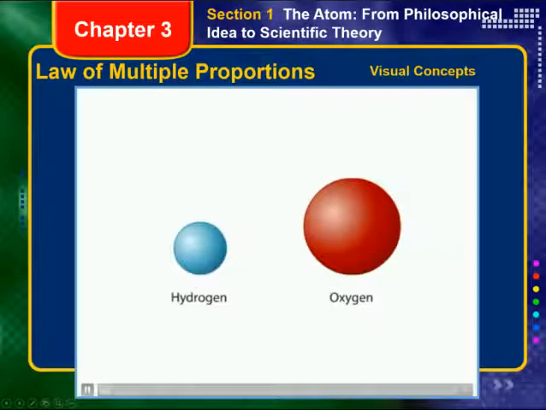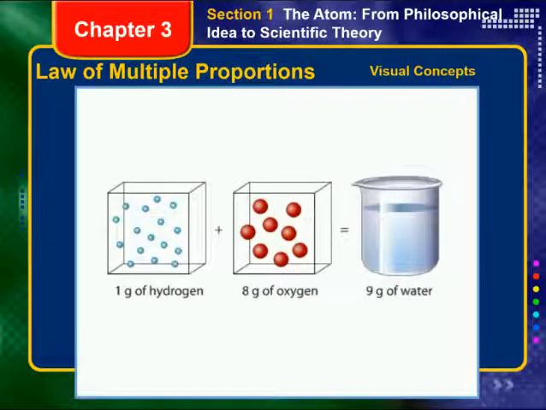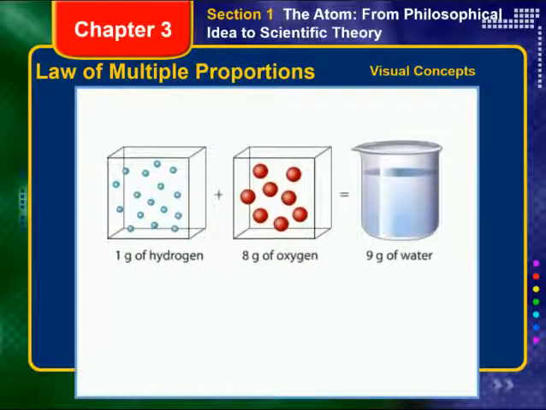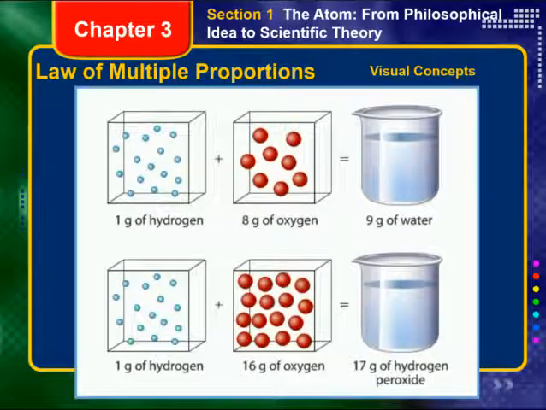The law of multiple proportions states that the mass ratio for one of the elements in a compound that combines with a fixed mass of another element can be expressed in small whole numbers. This law can be demonstrated using 2 compounds formed from hydrogen and oxygen, water and hydrogen peroxide. A 9-gram sample of water results from the reaction of 1 gram of hydrogen gas with 8 grams of oxygen gas. A 17-gram sample of hydrogen peroxide results from the reaction of 1 gram of hydrogen gas with 16 grams